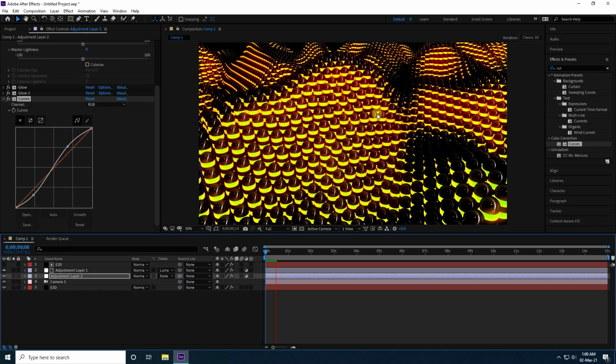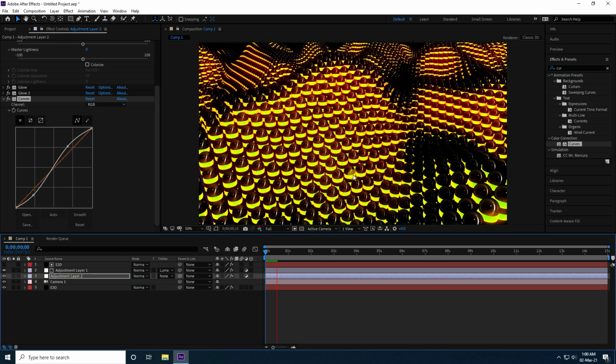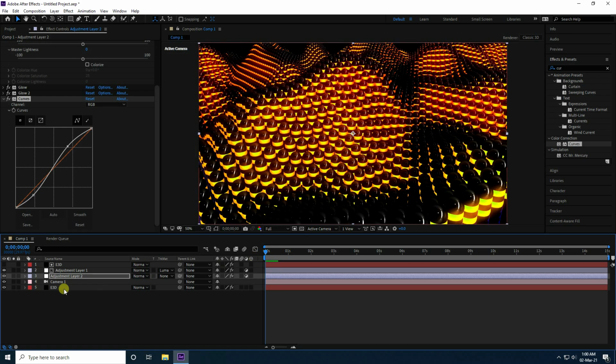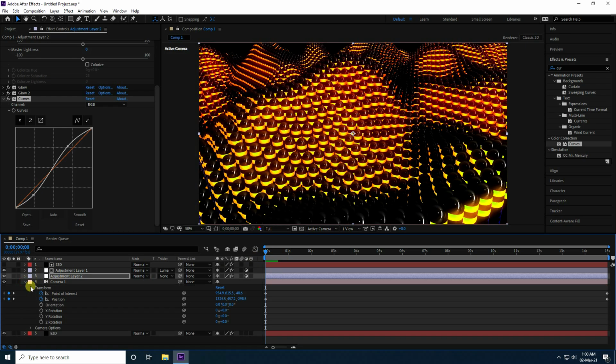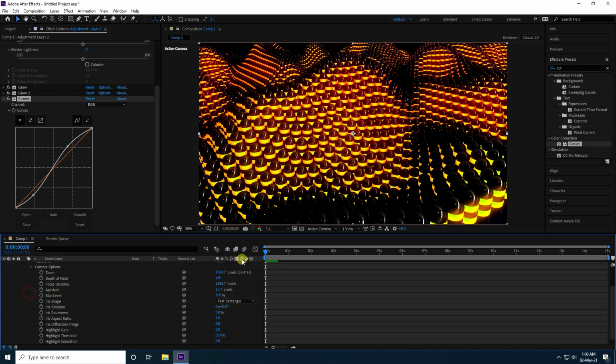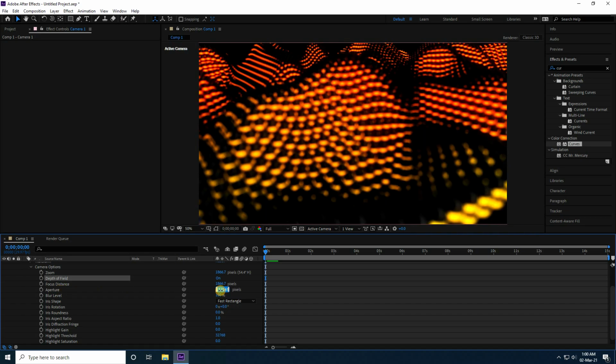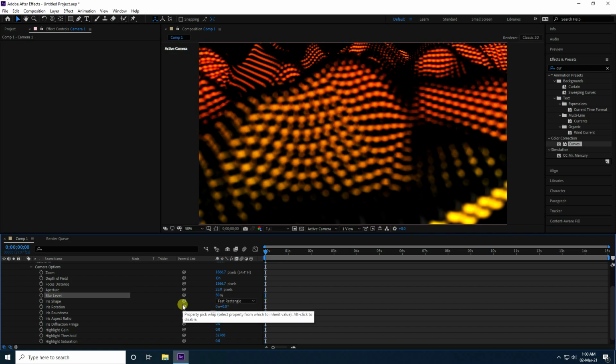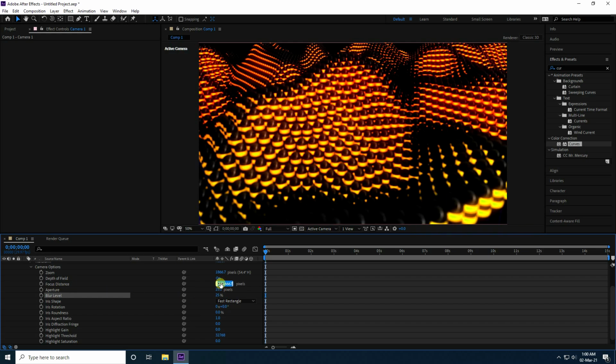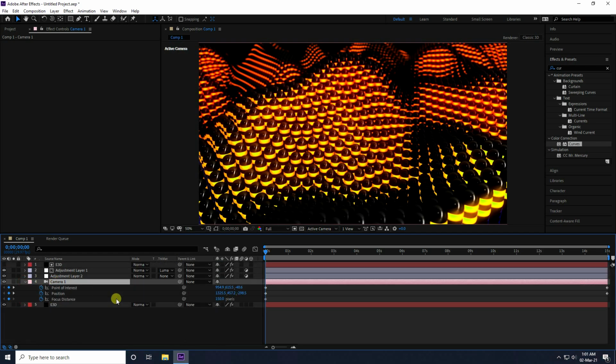And second one, that's a beautiful lighting effect. And last one guys, I create a depth of field effect. So go to camera, and go to camera options, and turn depth of field on, and aperture I like 25, and blur level like 50, actually 25, same. And guys, manually change the focus distance like 150. Press the animation key for focus distance, and press U.